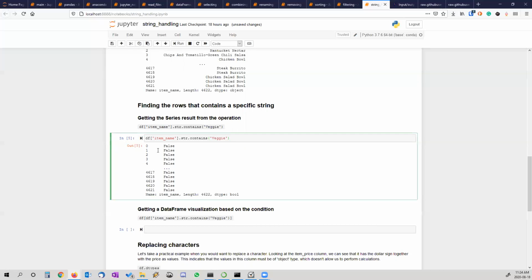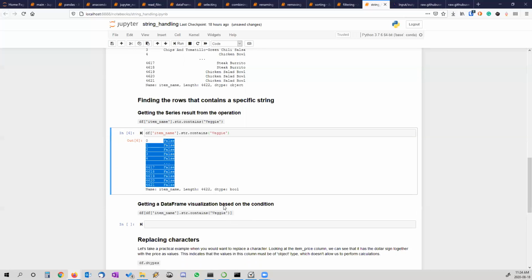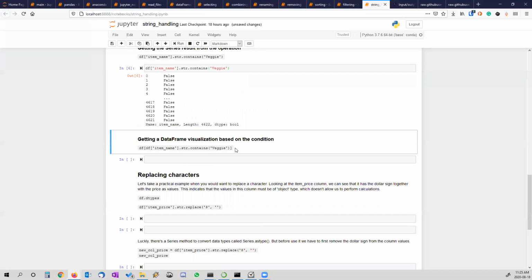In this case, I want to see all the rows that under the item name column contain the word veggie. That's why I have, again, a set of results of true and false. And how do I use that? This is not really useful, right? We cannot analyze any data from these directly,